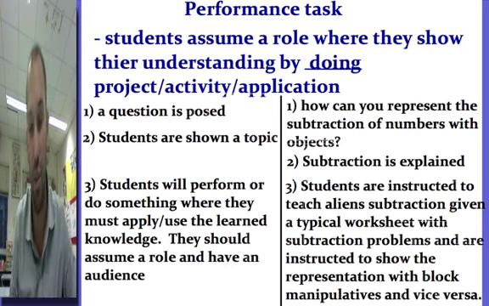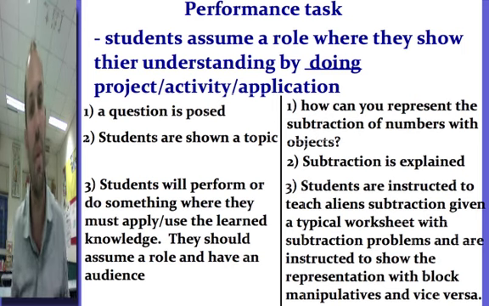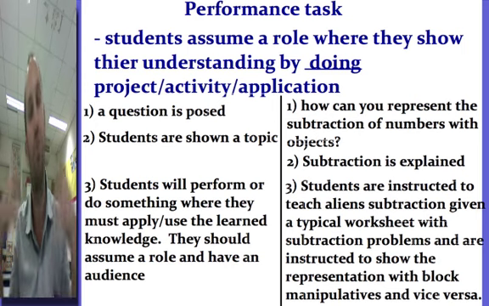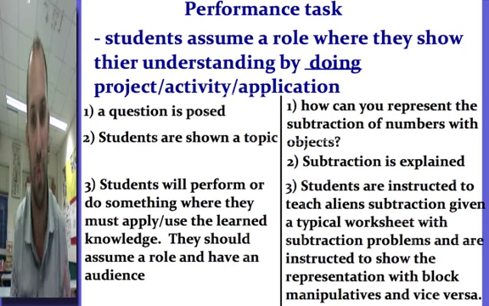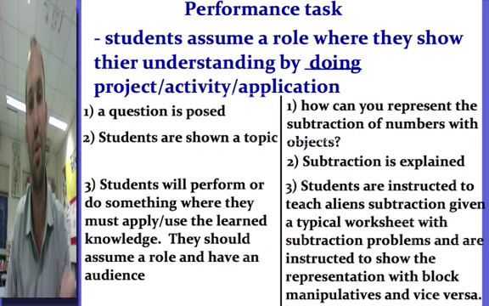So they are the teacher, and the aliens are the learners that don't understand numbers. They have to show everything through objects. And that would be them doing something, hopefully showing that they understand subtraction. If they're able to do this project, they'll show you that they understand it.